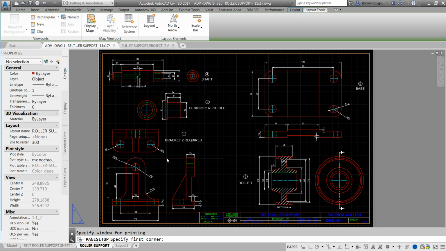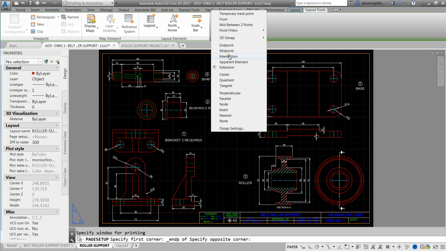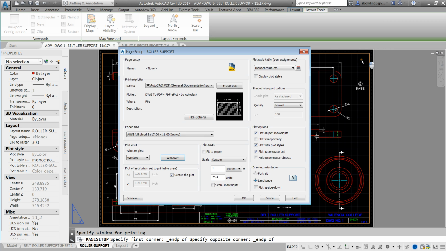Now I'm going to click on Window, and I am going to right click and go Endpoint from out here to Endpoint to out here. Now, you could change it to Extends, Display or Layout. We are using the window. And go ahead and click the center of plot. We're going to leave it as monochrome, and we're going to leave all these as same,